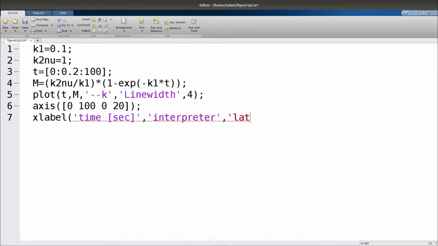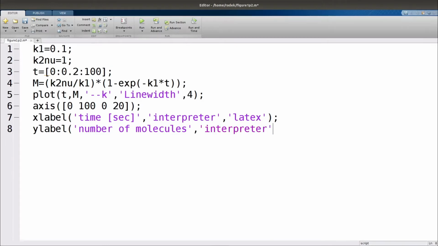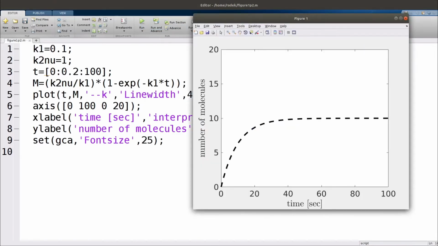We will plot time on the x-axis and number of molecules on the y-axis. And finally, it is also good to increase the font size. Let us now press run again, and this is the resulting figure, which shows the time evolution of mean MT exactly in the same way as figure 1.2.